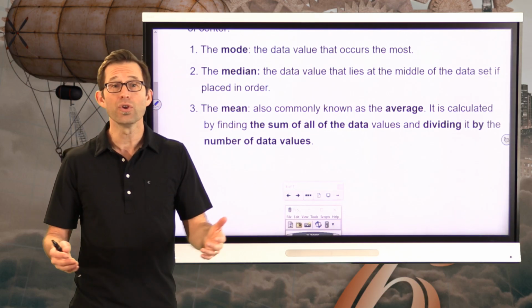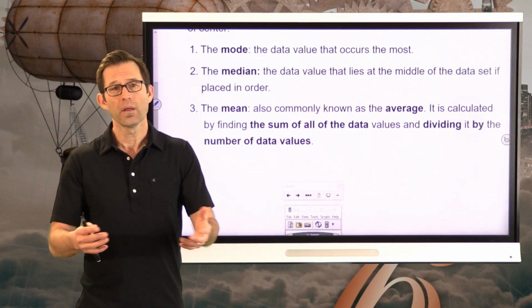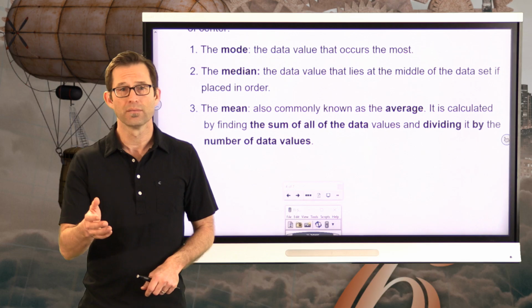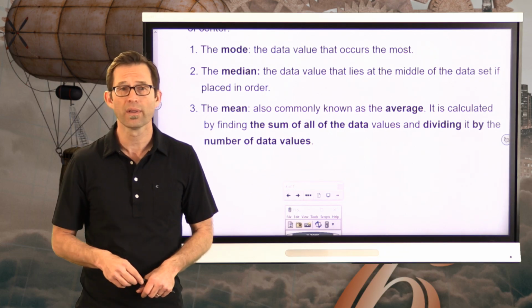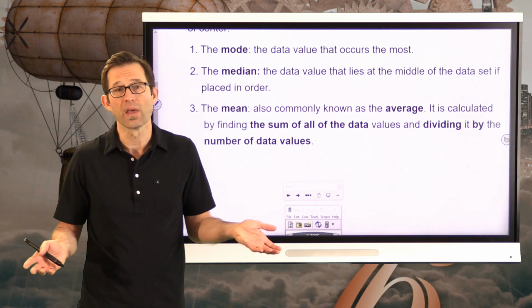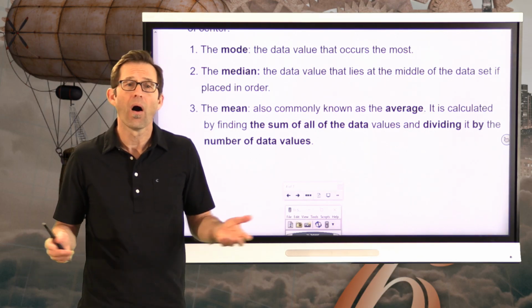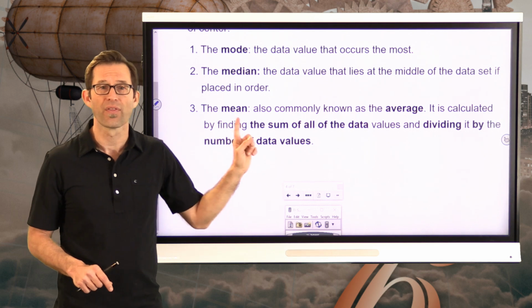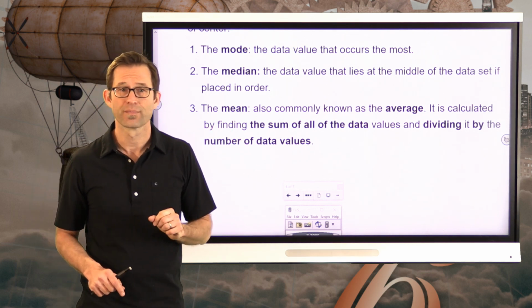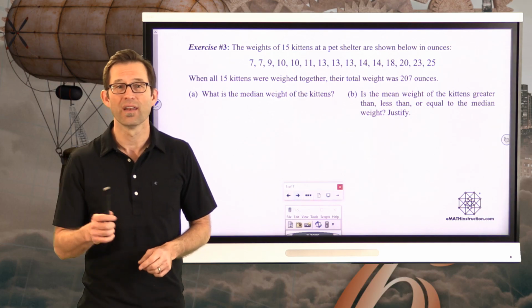And again, you would expect, if somebody asks the question, well, how high can NBA players leap? What is their vertical leap? You'd almost expect somebody to say, well, on average, they leap about 40 inches high. And when they say something like that, they're talking about the mean. Okay? So let's work with these statistical measures in exercise number 3.